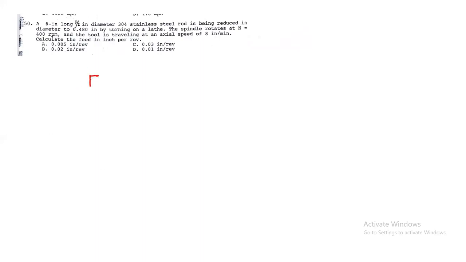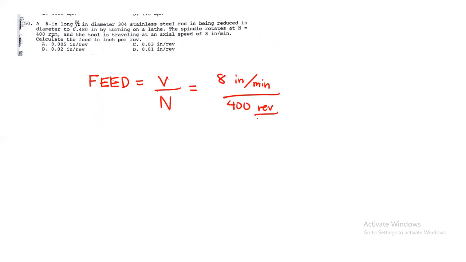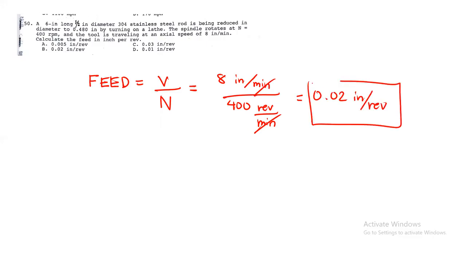So, para makuha natin yung feed, simple formula lang yan guys. No? So, feed is equals to speed over N. So, V is equals to 8 inches per minute divided by N na 400 revolutions per minute. So, makancel sa per minute dito. So, magiging inches per revolution. So, lalabas dito is 0.02 inches per revolution. So, the answer is letter